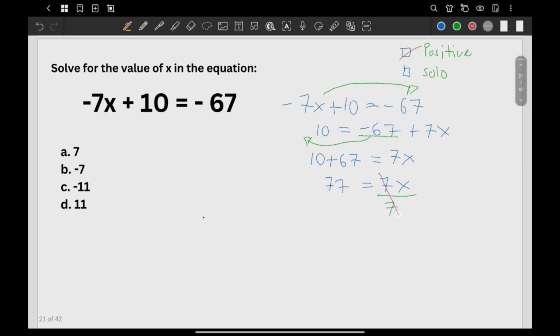So you can cancel out the 7. But again, the rule of equality says, whatever you do on one side, you also do on the other side. So you have now 77 over 7, that's going to be 11, is equal to x. Or using what we call the symmetric rule, the law of symmetry, 11 equals x is just the same thing as x is equal to 11. Because the proper way of doing this is that the variable should be written first. Now, is the variable x already positive and solo? Yes, we're done. So the answer here is gonna be 11. Okay, let's continue.